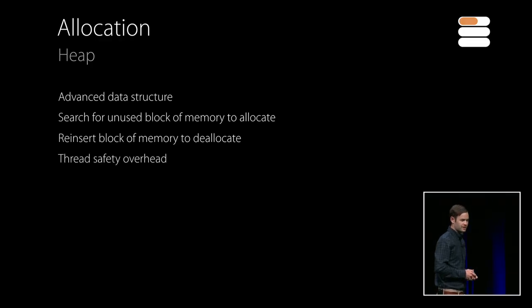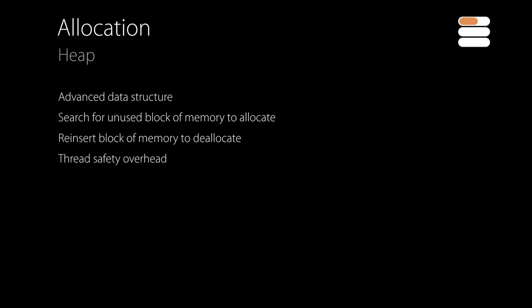Because multiple threads can be allocating memory on the heap at the same time, the heap needs to protect its integrity using locking or other synchronization mechanisms. This is a pretty large cost. If you're not paying attention today to when and where in your program you're allocating memory on the heap, just by being a little more deliberate, you can likely dramatically improve your performance.